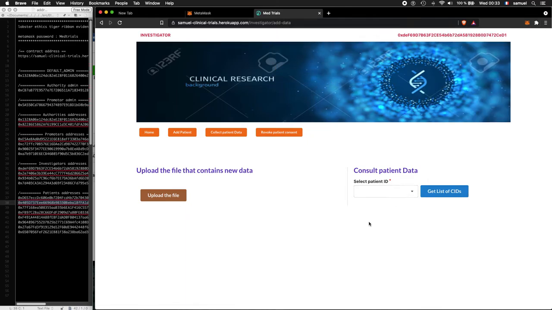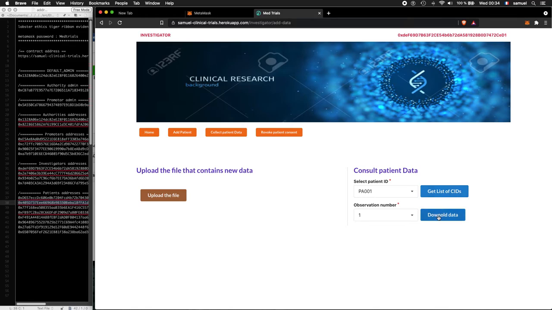So here we are. Now the transaction has been confirmed, and if we come here to consult patient data, you can see that if we select the first patient, click on get list of CID, now we have 3 numbers. The first for trial 1, the second for trial 2, and the last one for trial 3. So let's click on download. Now we just need to get this data that has been stored on IPFS and display it on screen here.